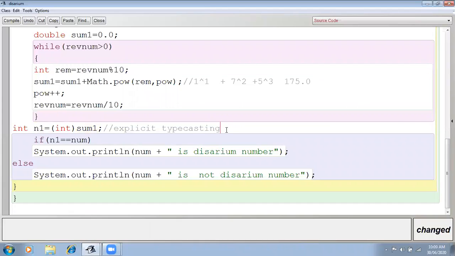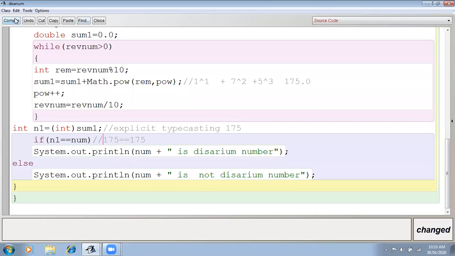Now this n1 is going to have 175 only, right? Now this 175 equals num, and num has 175. So the statement will be 175 equal 175, right? Then if this condition is true, num is a Disarium number, otherwise not a Disarium number.